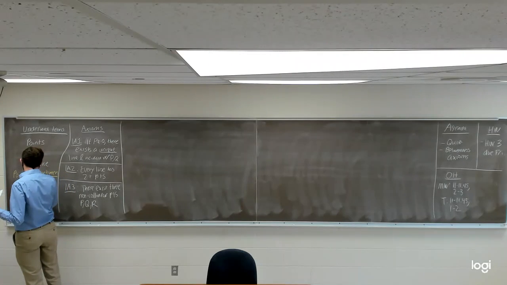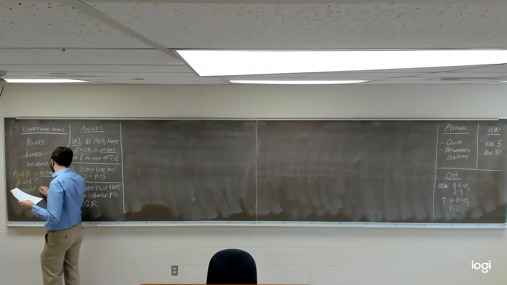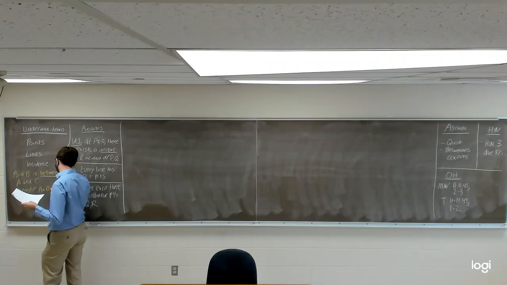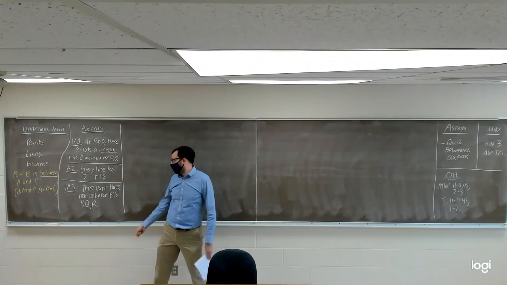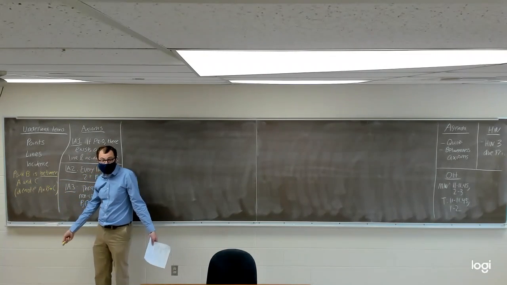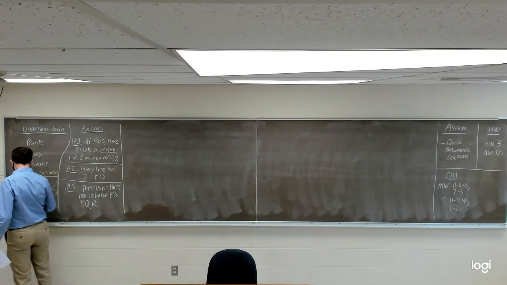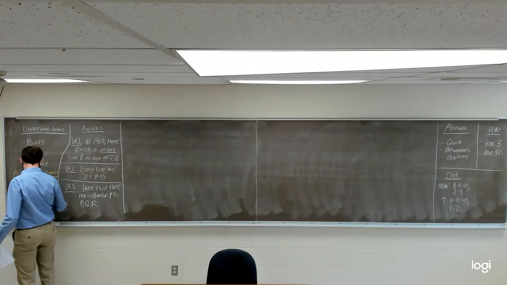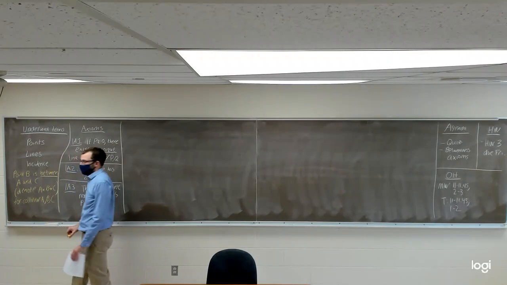And if point B is between A and C, we're going to denote this by writing A star, B star, C. That's going to be our shorthand to say that point B is between points A and C. For collinear points A, B, and C,